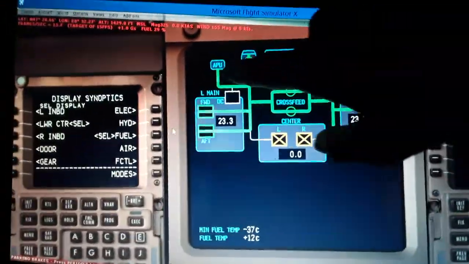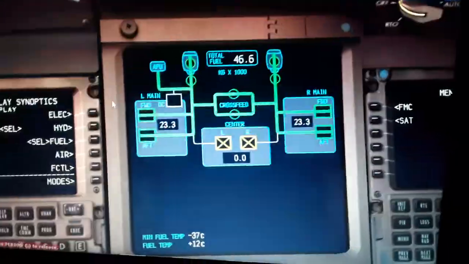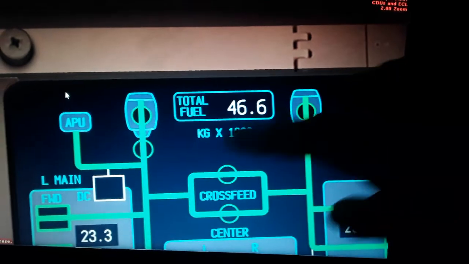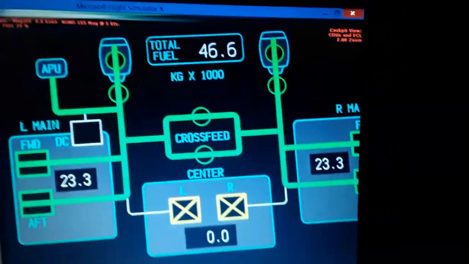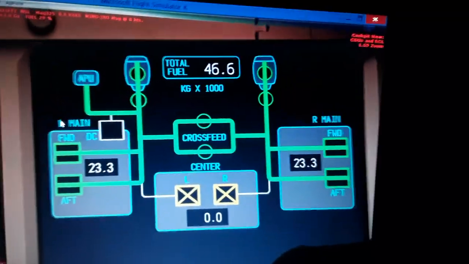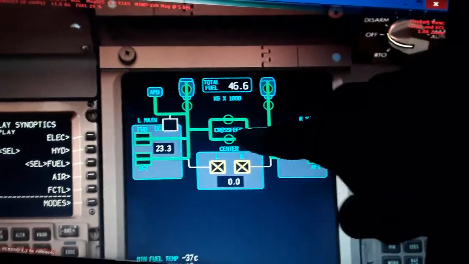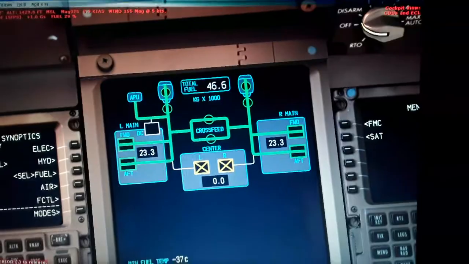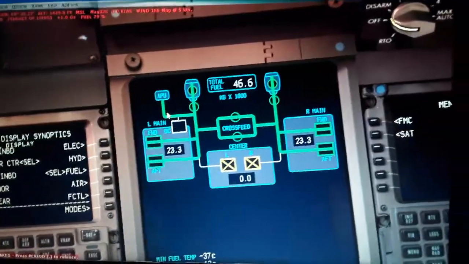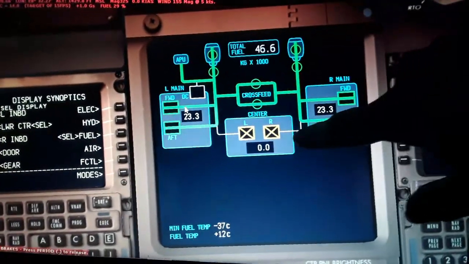Here is the fuel system, the left and right wing engine, the APU, the engine. You can see the engine symbol here that is being fed, and the low and high pressure fuel valves are open. The crossfeed valves are open to feed either wing tank using one pump only. If we turn off the pumps, we have also the APU feed using the right current pump here, and the left and center